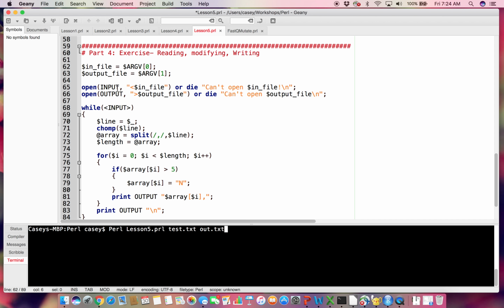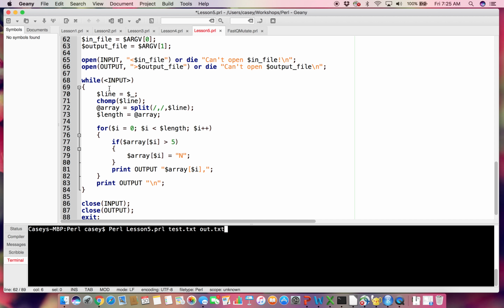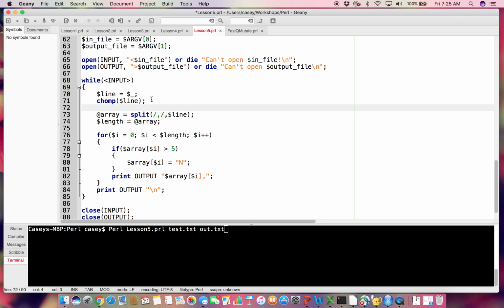And then we open them and we give them a name, or we throw an error if we can't open them. And now we go into our while loop. So we want to loop through our input, grab each line, clean it up, get rid of any space at the end. And now this is where